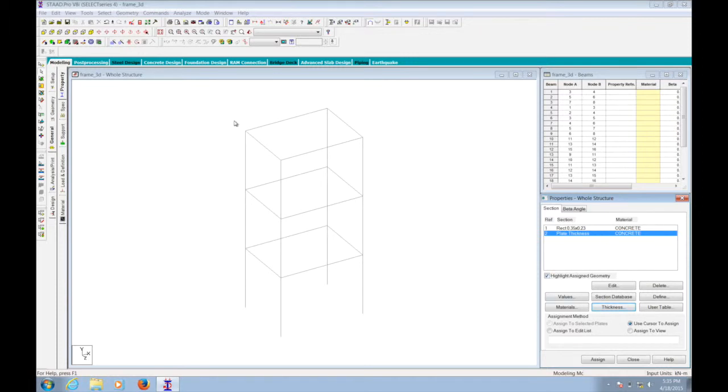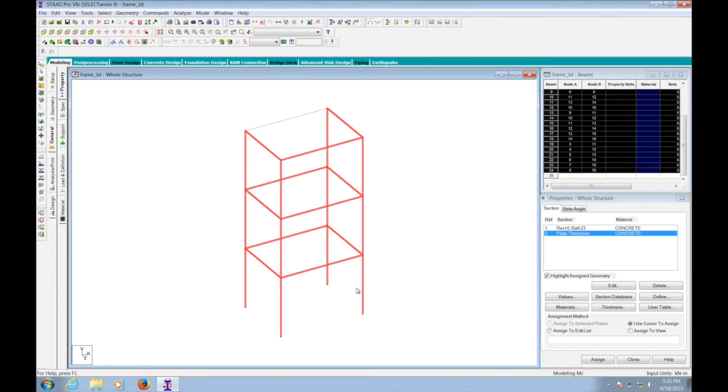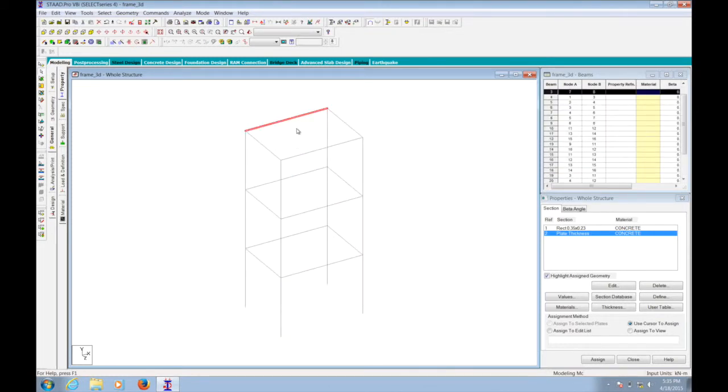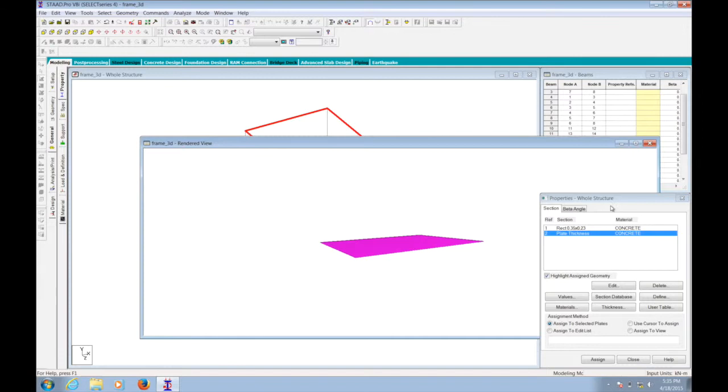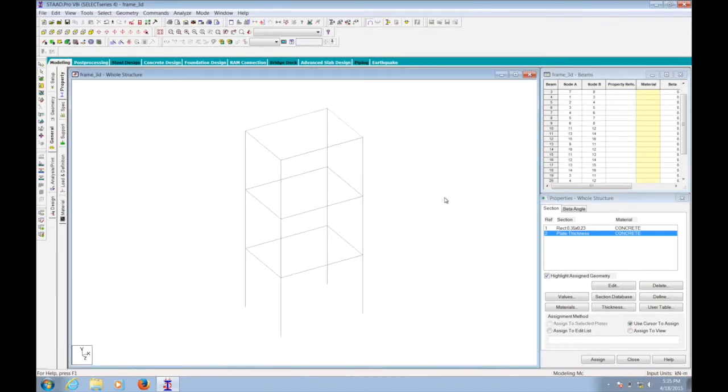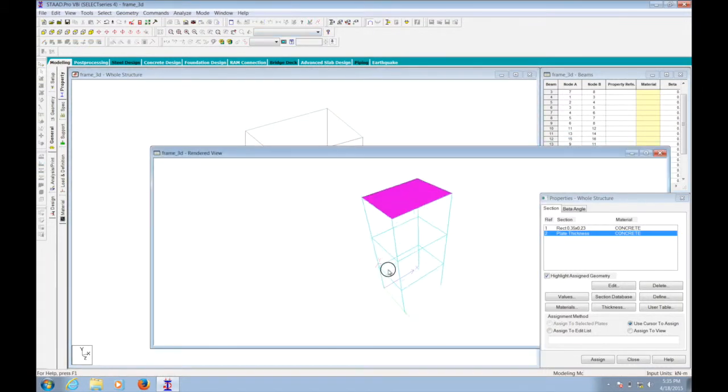Now we have already made a structure with beam and columns, but we haven't defined our plates, that is slab. For doing that, we have a new command here, that is add plate of 4 nodes, this green button. Then we will add our plates. So here I have created a plate. I'll show you plate cursor. I'll select this and I'll go to render. So this is a plate, and up till now this is our total structure.